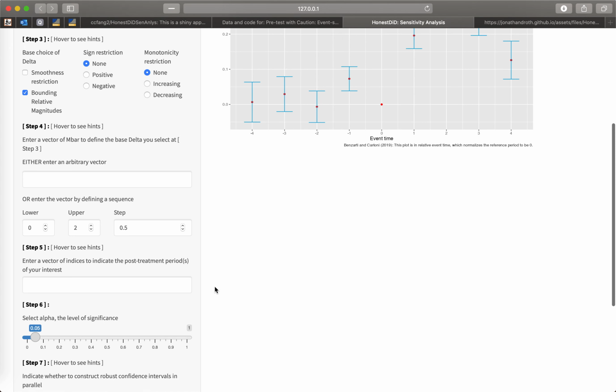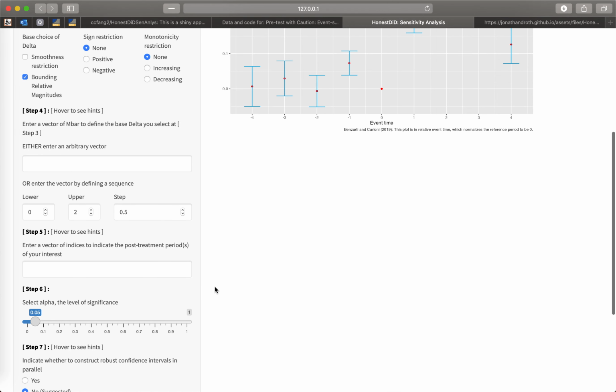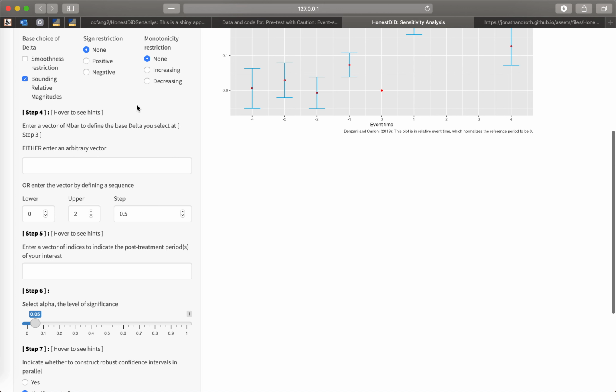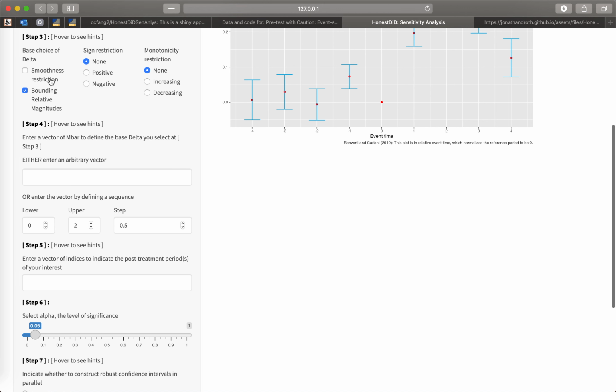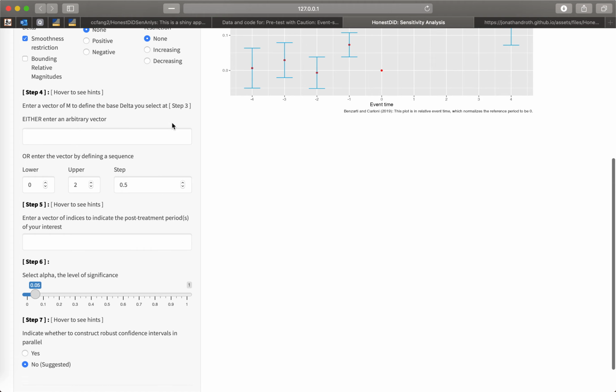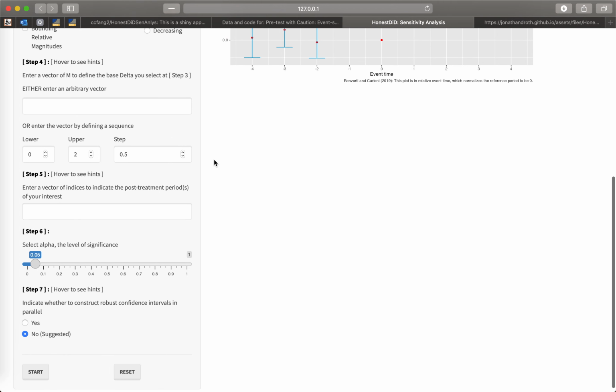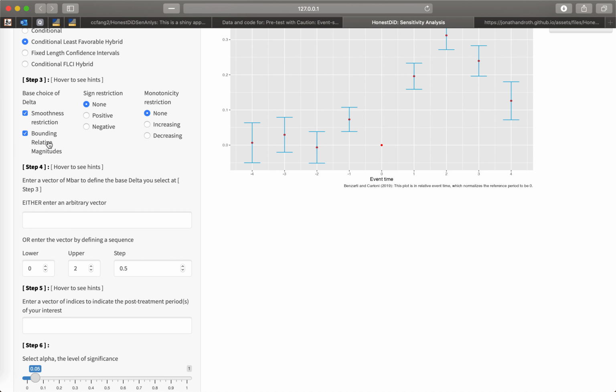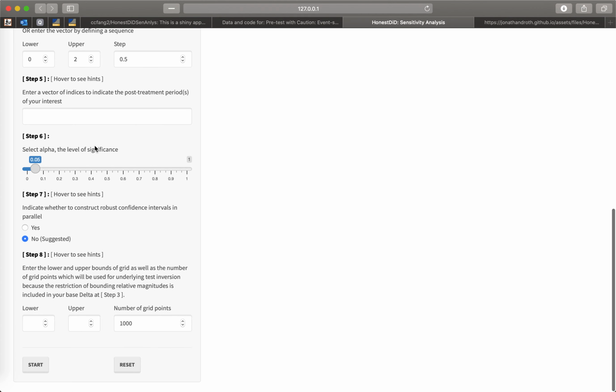And one thing I want to mention for step 8 is that step 8 only appears when you include bounding relative magnitudes in your base choice of delta. If you only select a smoothness restriction in your base choice of delta, then step 8 disappears. You don't need to care about it anymore. So here, because we choose bounding relative magnitudes as one of the base delta, then we need to care about